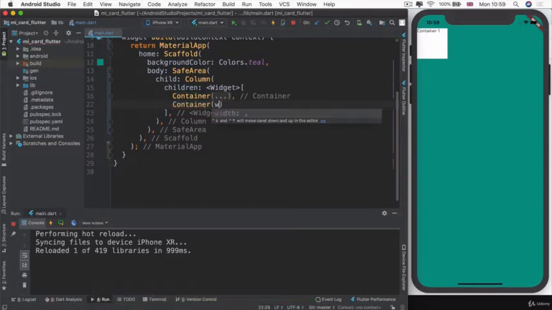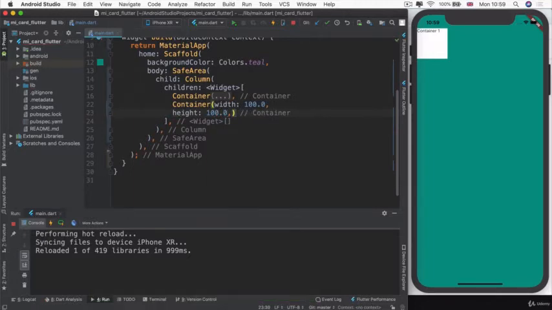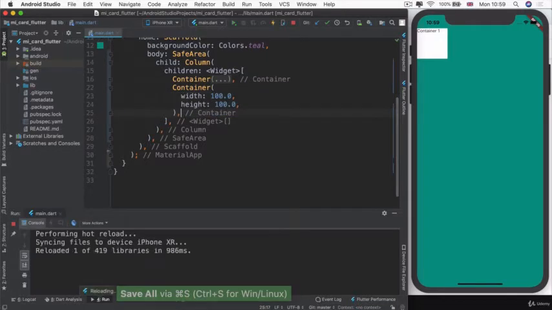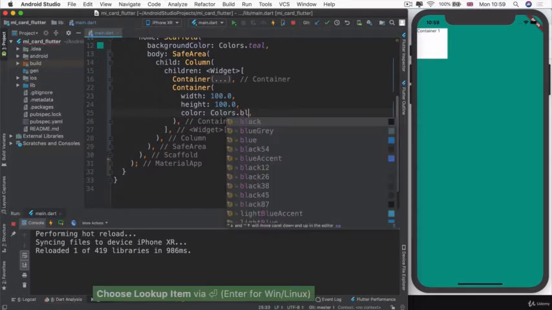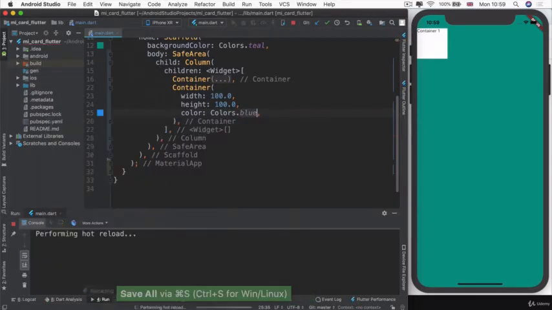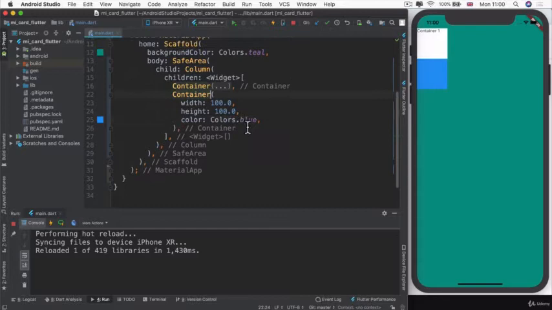Now this container is again going to have a width of 100 and a height of 100. And notice that when you add a comma to the end of, say, every line, and you hit save, it makes it really easy for Dart to know how to lay out your code. Let's also give our container a color so that we can actually see it. So let's change this to a blue color and hit save. And you can see we now have two containers on screen,